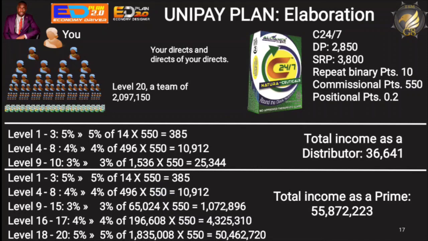So all the people in level 1 to 3 will give you 5% of the number of boxes they reordered, and that box, how many commissionable points does it have? It has 550. So these are the calculation. You're going to get 5% because it is in level 1 to 3, that is the awarded percentage income. 5% of how many people do you have? 14 people from level 1 to level 3. And how many boxes did they reorder each one box? And what is the commissionable points for each box they reordered? 550. That is 385. Meaning, if these people here, they buy 2 boxes of C24/7, you're going to earn 5%